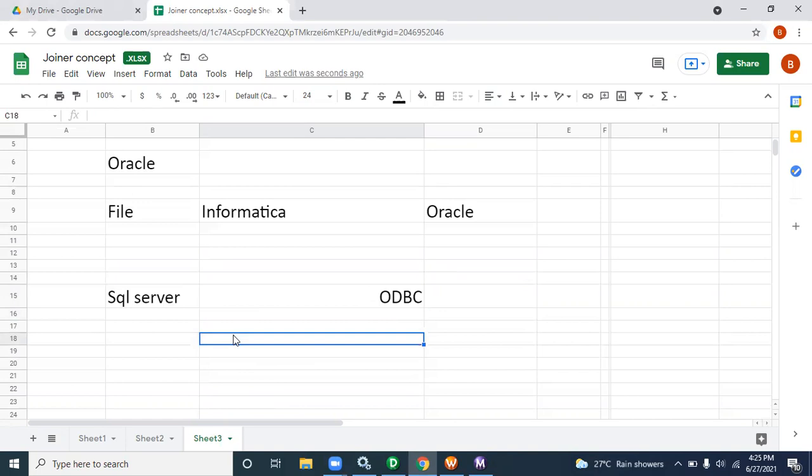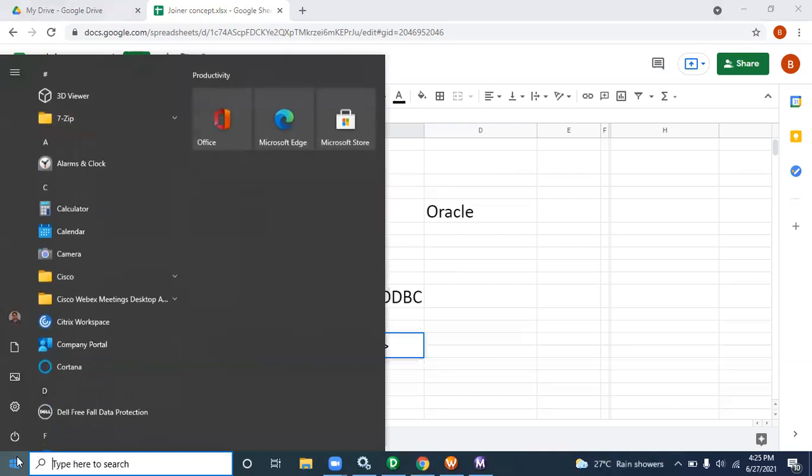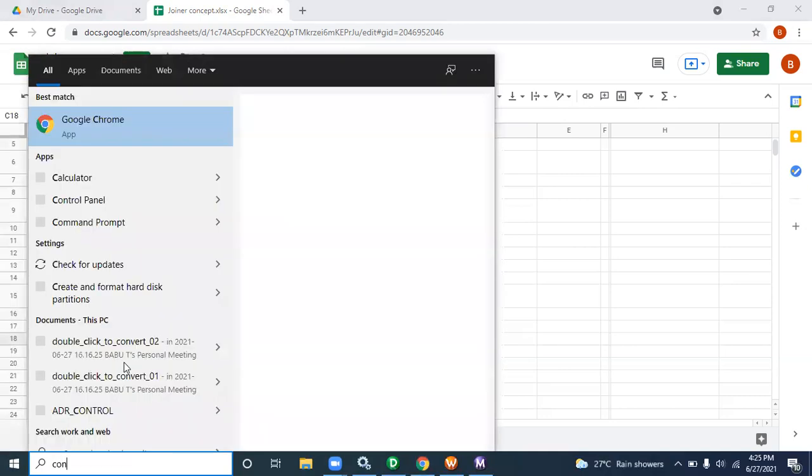We can go to Control Panel. Go to Control Panel. There you can search ODBC, Open Database Connectivity. Then you can use 32 or 64, anything is fine.